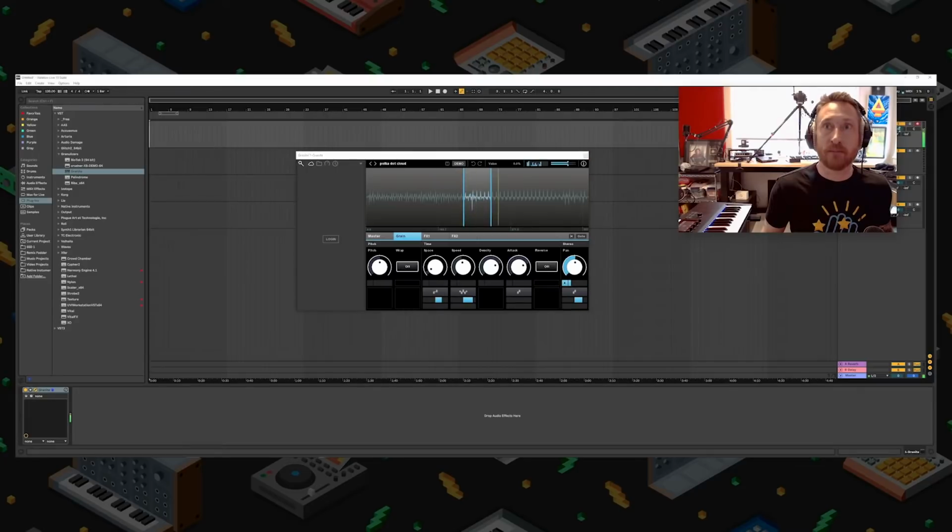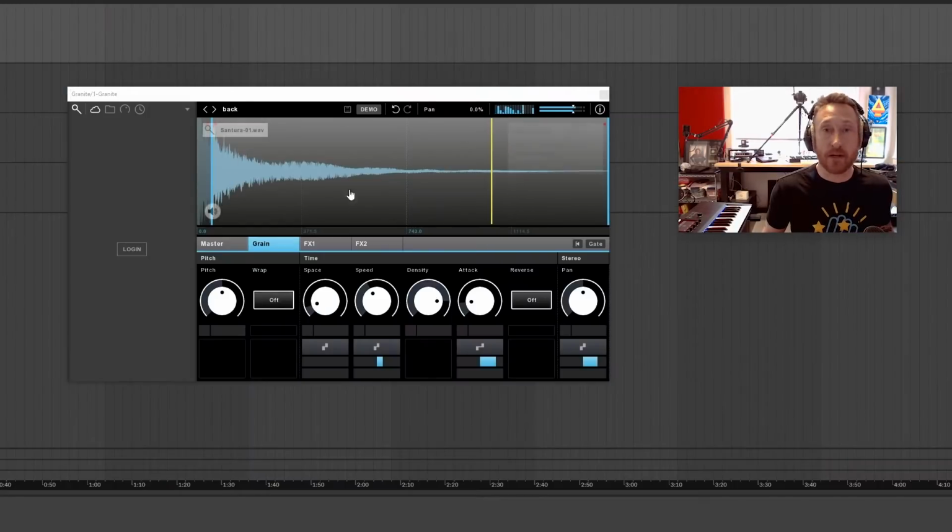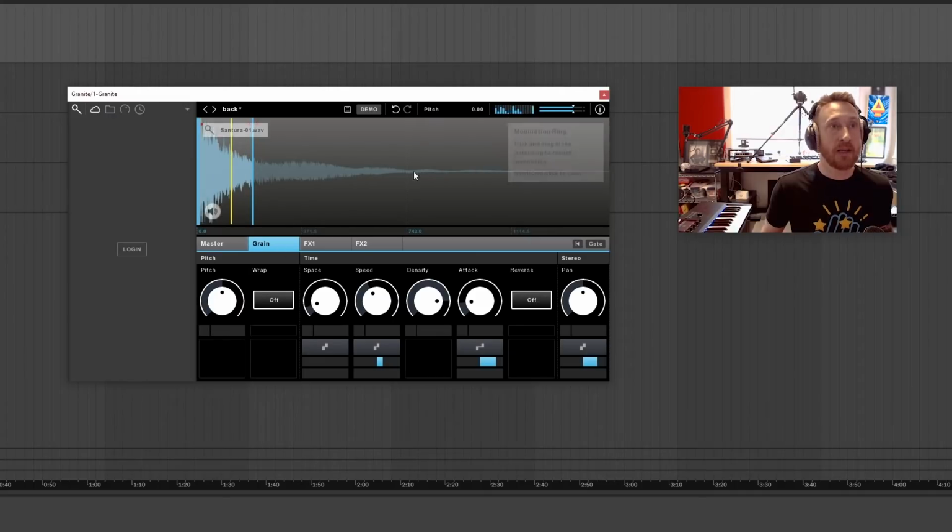Let's start with one of my favorites, and this is called Granite. You can see Granite is already just doing a thing. Good job, Granite. A lot of the time granulizers will have a waveform output so you can see what's being sampled at that time, and you can change the range that it's playing back. You can see it's playing back this sample right here. That's one of the hallmarks of a granulizer. So I can choose this little bit right here.